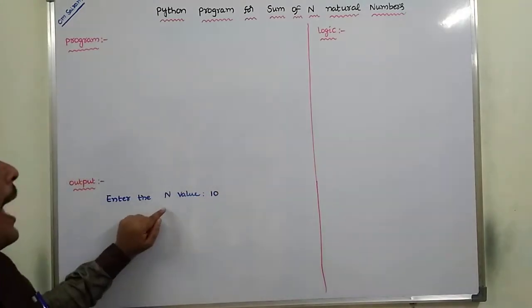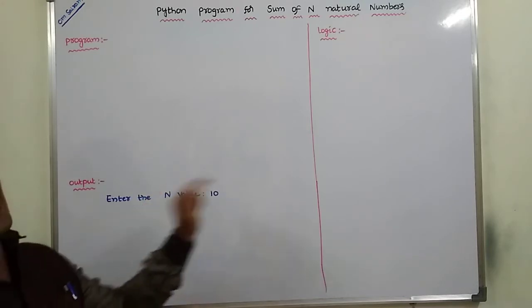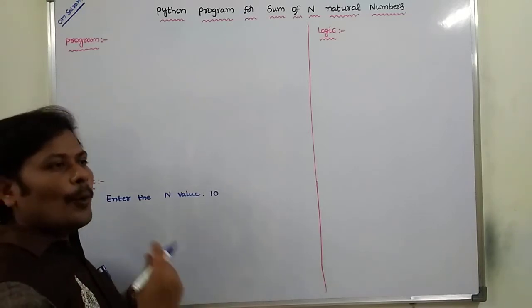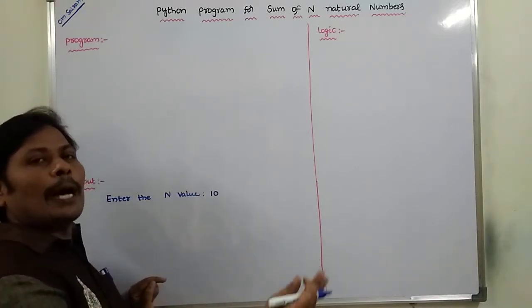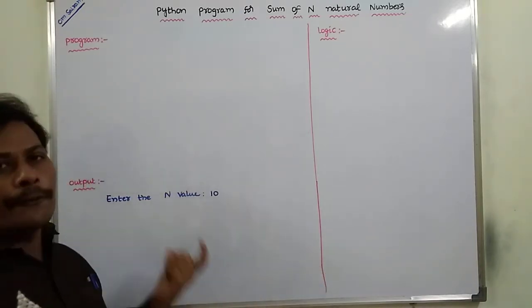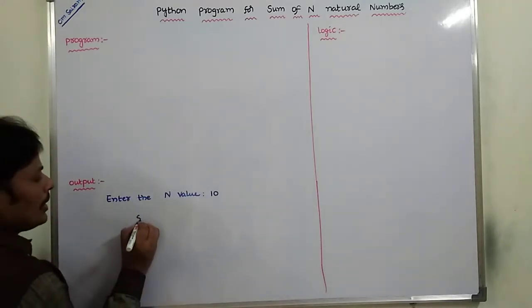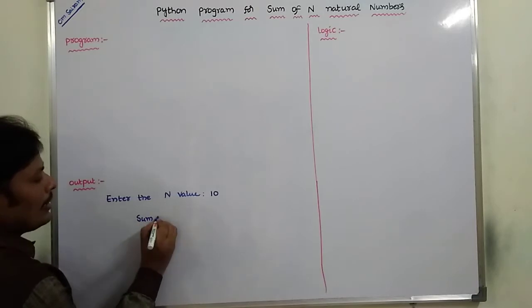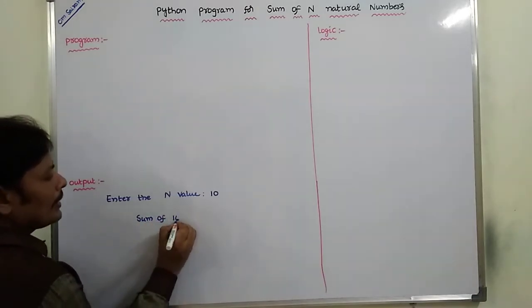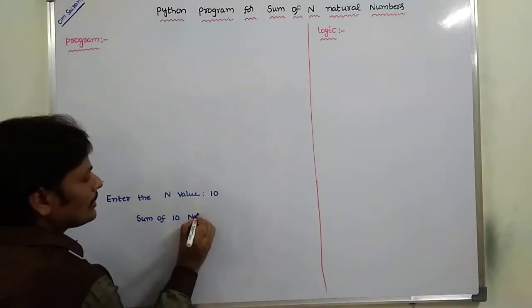That means I have to find out the sum of 10 natural numbers starting from 1 and ending with 10. So 1 plus 2 plus 3 plus up to 10 is equal to 55. Okay. So I get the output as sum of 10 natural numbers